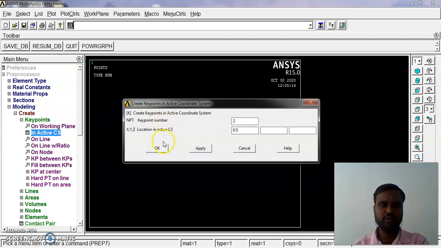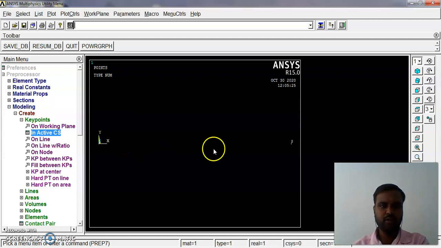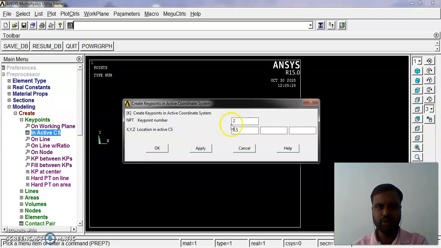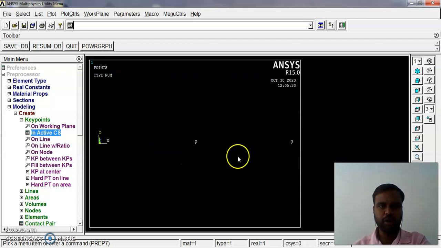The total distance is 0.5 meter. Two points are created. Third, I want to create the third point. It is 1 meter from the 0 end. Three points have been created because it will have 2 masses and 2 elements, right? It will have 3 nodes and 2 elements, so I have created the key points.